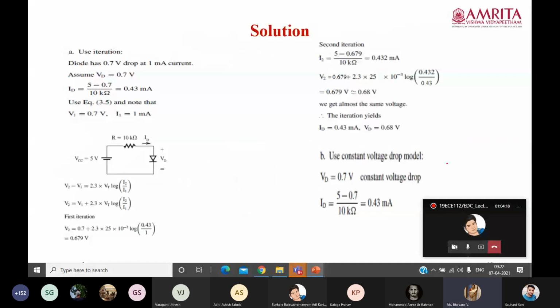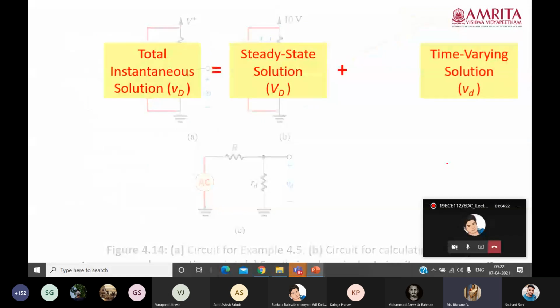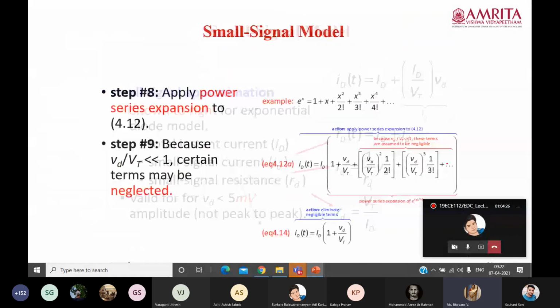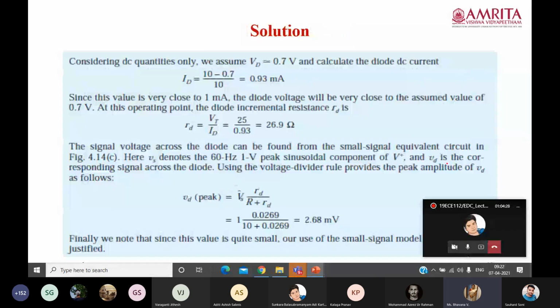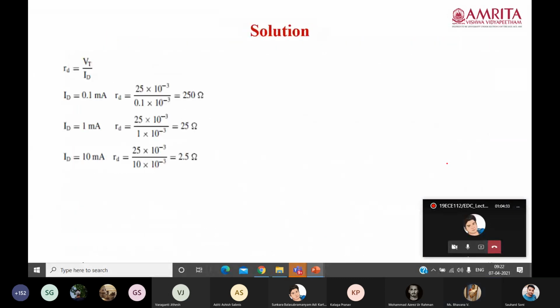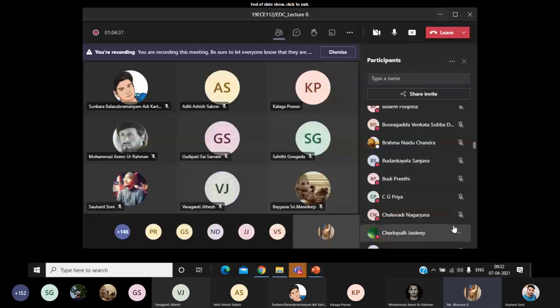So we'll be having numericals. Then we'll start with the small signal model. This is important. We have some derivation, then some associated numericals also in the small signal model. Classes are anyway required. I have put all the types of numericals in the PPT, so you won't face any difficulty in solving the numericals. Almost all the patterns will be covered in the classroom itself.